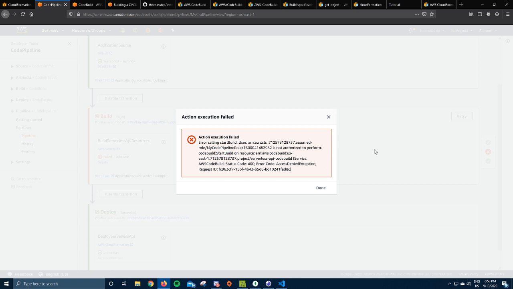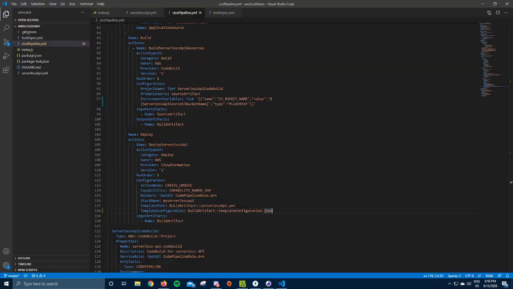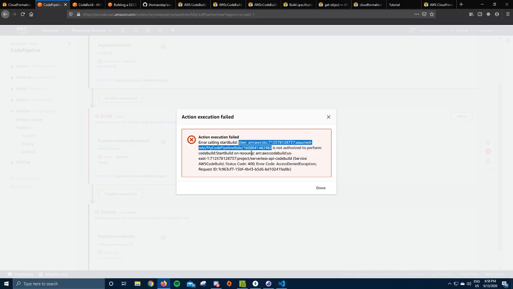Aha. So I need to also give CodeBuild IAM permissions on that role. So my CodePipeline role. Really reading the error messages is super helpful. Seeing that it turned red doesn't really give me much, but they do a really good job of having informative error messages. So my CodePipeline role, which is this guy up here, is not authorized to perform CodeBuild StartBuild on my CodeBuild instance, which makes sense because I didn't give it any CodeBuild